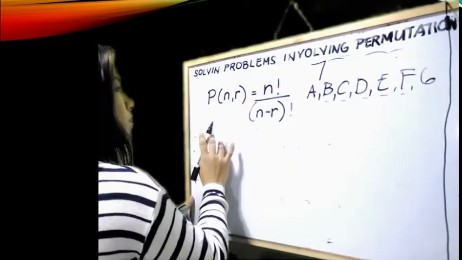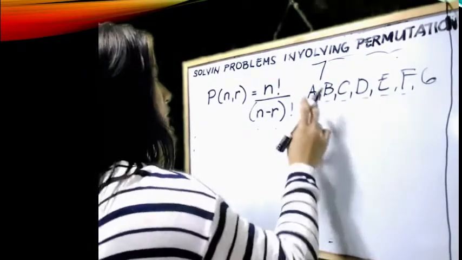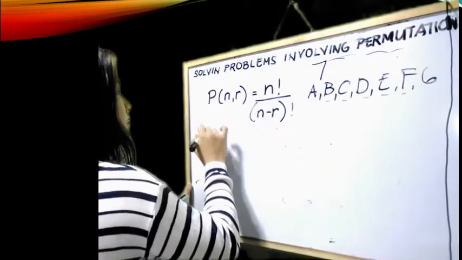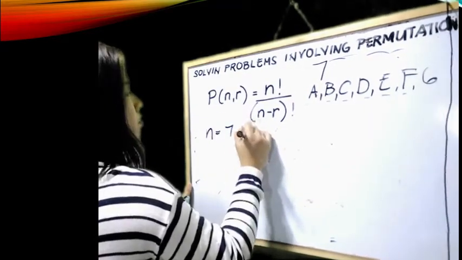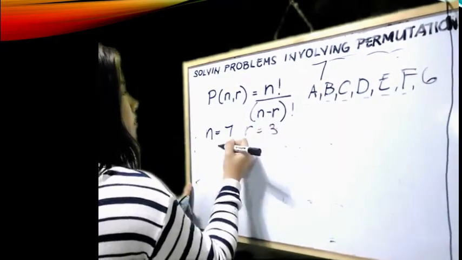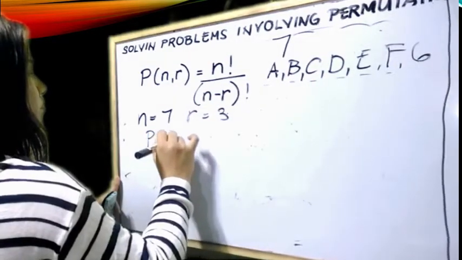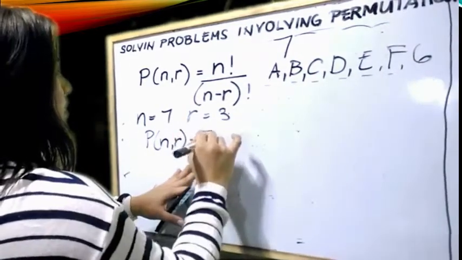You would like to arrange yourselves for a class picture, taking only 3 of you at a time. So your n is 7, while your r is 3. Substituting on the formula, you have your P, taking r at a time, n factorial is 7 factorial